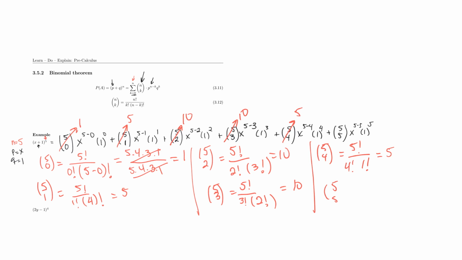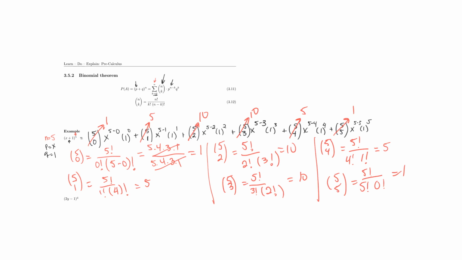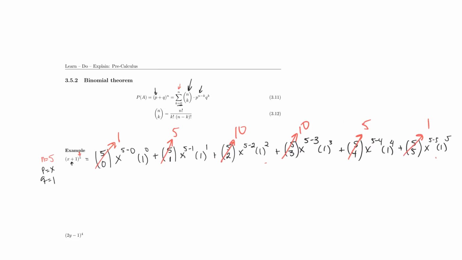Finally, 5 choose 5 is 5 factorial over 5 factorial times 0 factorial, that's equal to 1. And that is how we get our coefficient. So if we write down our expansion in a nicer way, it will look like this. Let's delete all this calculation. And now we write down